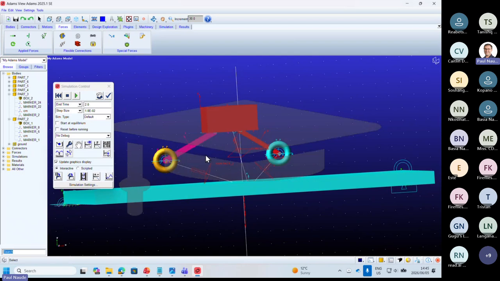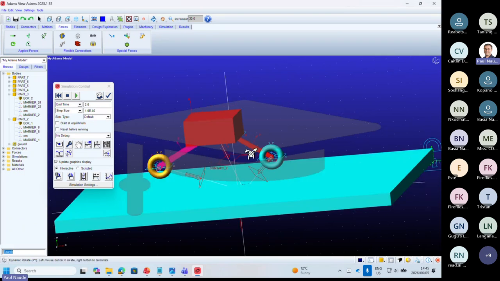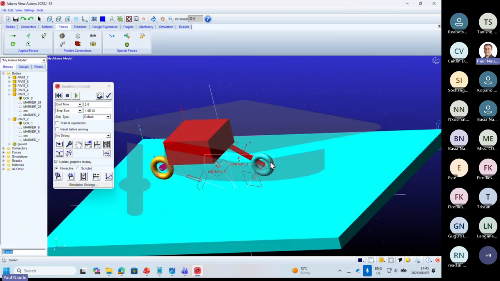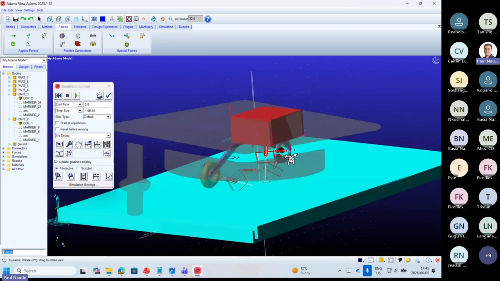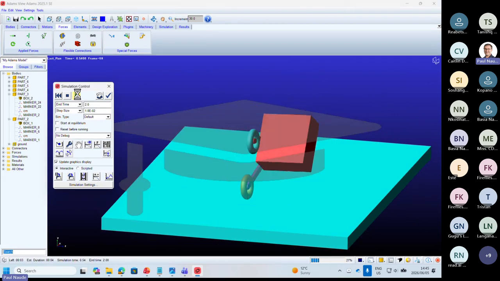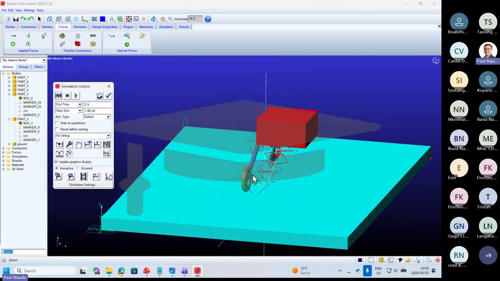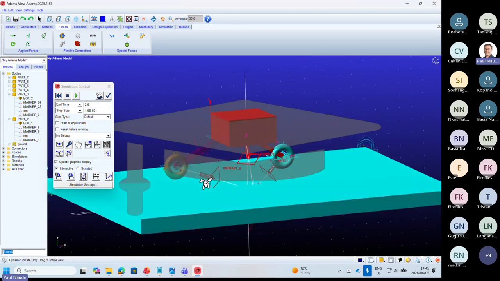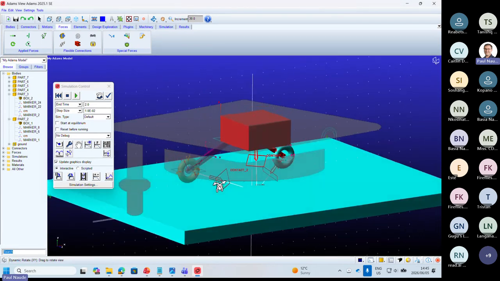So all I'm actually wanting is a two-dimensional simulation. I don't really care at this stage about this thing flopping about in the other directions as we saw over there. So what I would rather do is I'm going to use another type of connector,